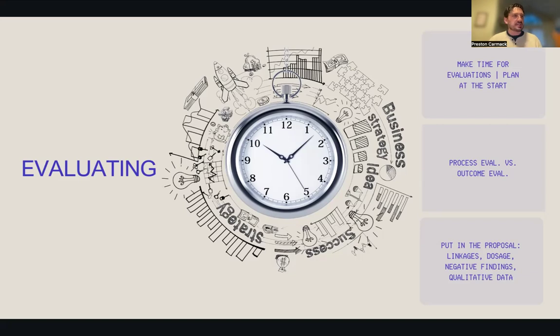So in the proposal, they also talk about these things like linkages, dosage, negative findings, qualitative data, and these are all important things to also put in your proposal around the idea of evaluating, right? So I think dosage was one that stood out to me as being really interesting. And that's like how much programming per person, right? It's like what kind of things are you aiming to do and what kind of involvement level? Yeah. And include negative findings too. In your reporting, there should be a structure for being able to report on things that go wrong and on things that don't go according to plan and how to deal with that. That should be something that's addressed in the proposal.